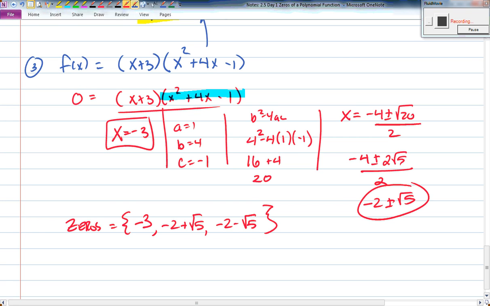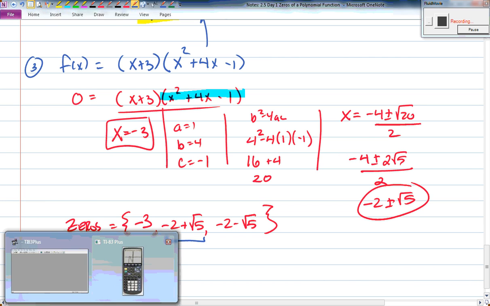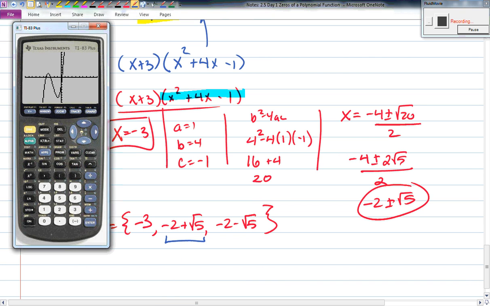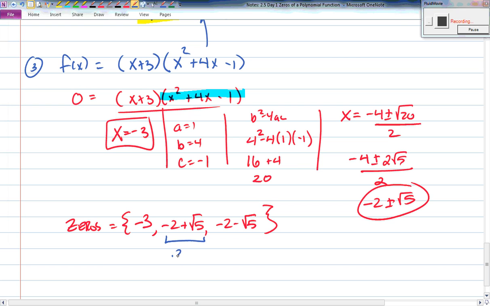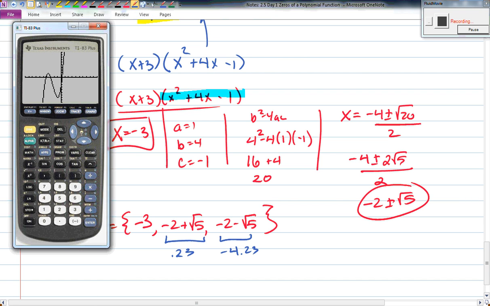Okay? So, hey everybody, what is the value of -2 plus the square root of 5? What is it? Alan says it's 0.2. Does anyone see how that plays any significant role into my graph? Yeah, it's right there. It's that little tiny intercept right there. So this is the 0.21, 0.23 or something. And then what's this one over here? Like negative? -4.2. There you go. So now I know where all of the zeros are, or the intercepts. They are at -3, 4.23, and